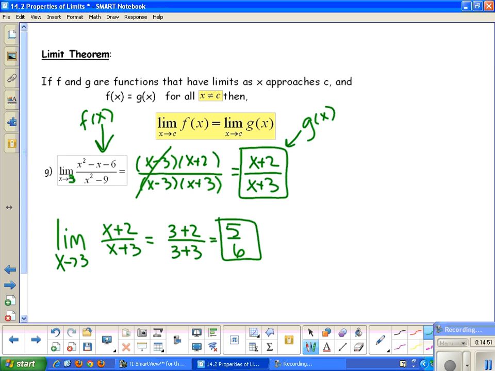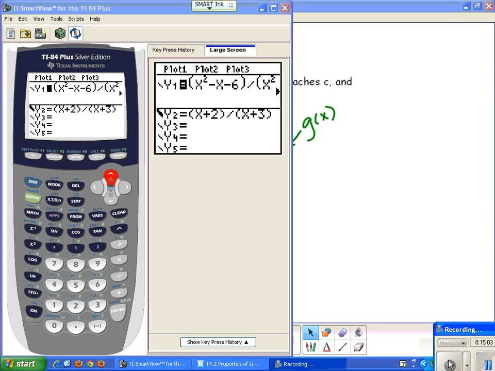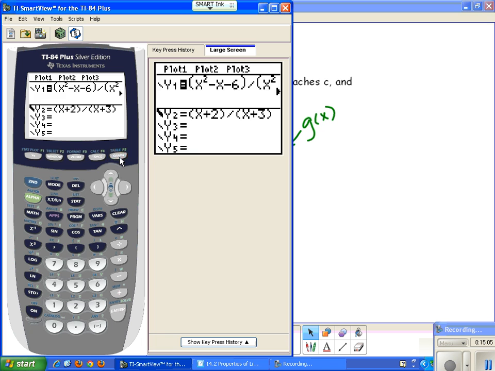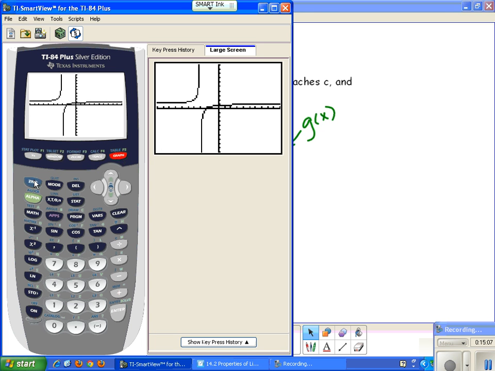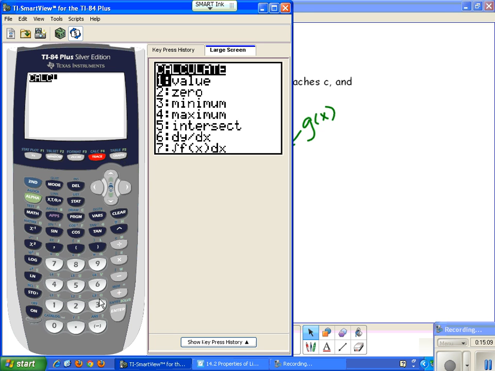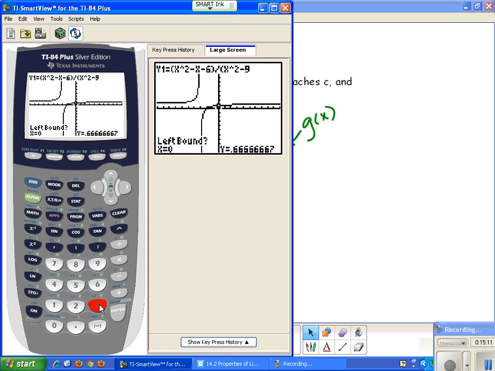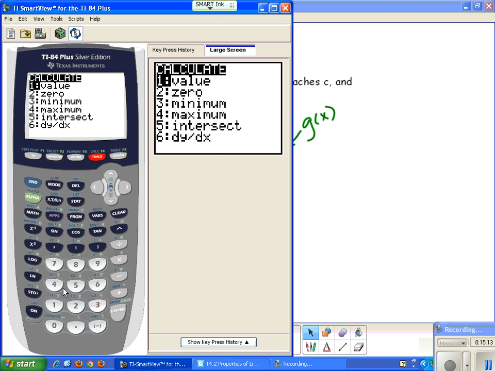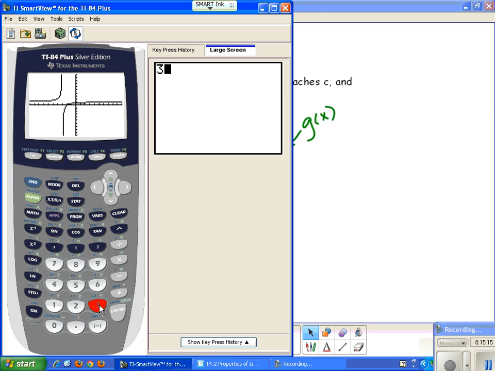And another thing that I can do is always double check using my graphing calculator. Remember, we showed that you could plug this into your graphing calculator and then look at values as you come very close to 3 from the left and from the right. So I plug this into my y equals just to show you. Here's what the graph looks like. If I do second trace value of 3,